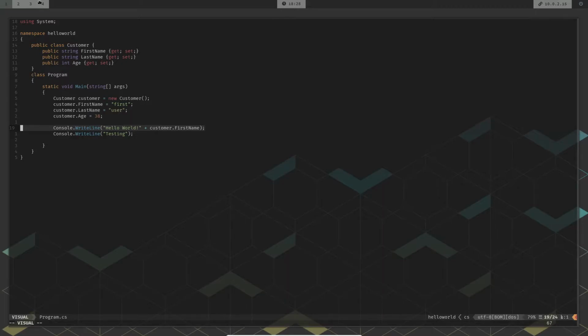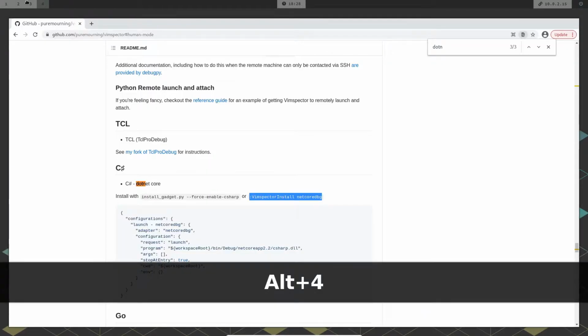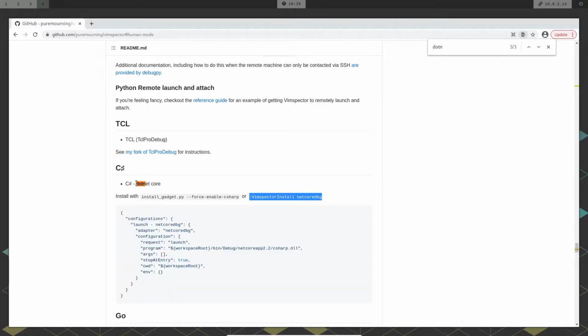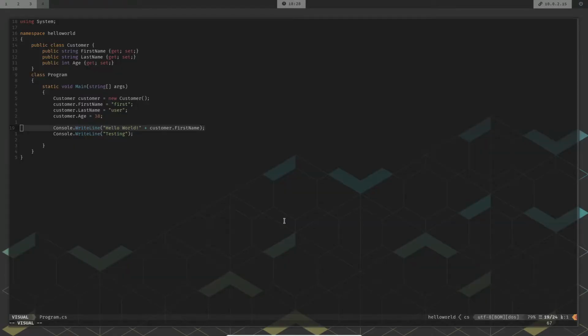Before we go into debugging, let's also take a look at how we configure debugging for .NET. This is the documentation that shows us how we can configure debugging for .NET Core. One of the things you'll discover here is that we use an adapter called netcoredbg inside Vimspector. That's the adapter that we're using to do debugging.